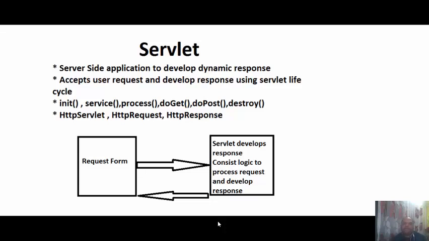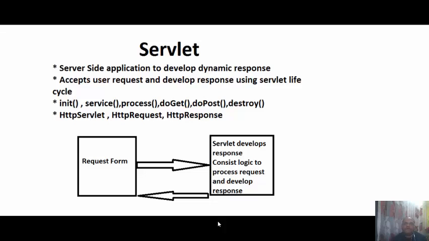It accepts the data, it processes the data, it establishes the database connectivity, it performs server-side operations on the server, and then is able to develop a response as per the query asked by the user or as per the data posted to the web server.